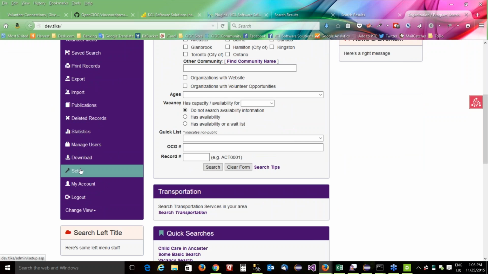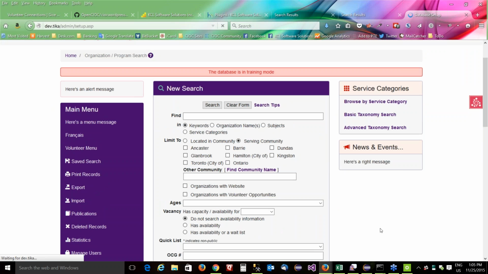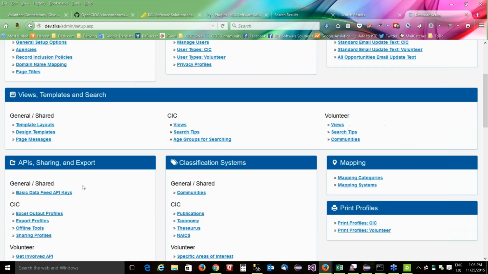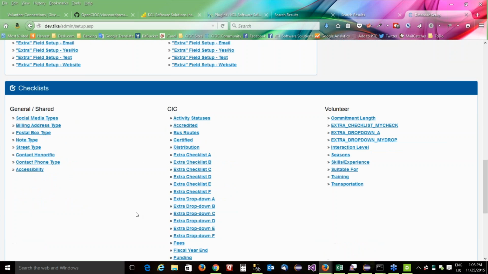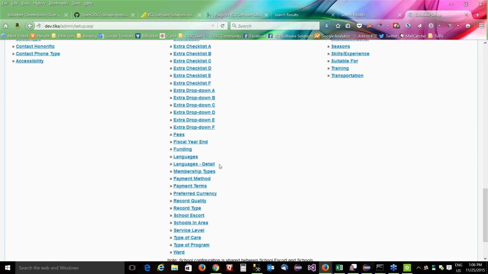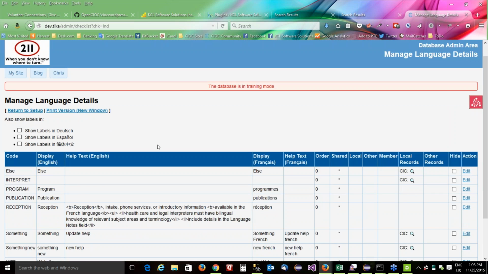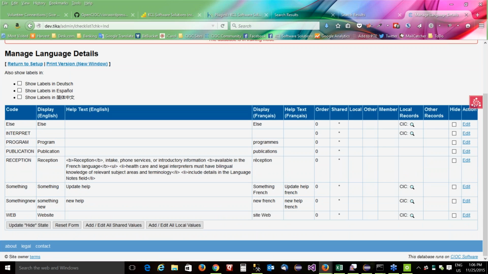Okay, so there's a new setting for the languages field that allows you to collect additional details about the specific service language, and it's called language details. So down in our checklist setup, besides languages, we now have a new section called languages detail that you can turn on. So in order to actually have this work, you have to make sure that you don't